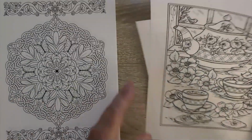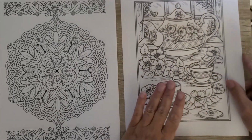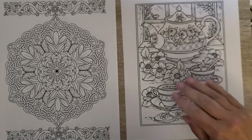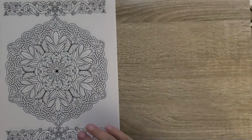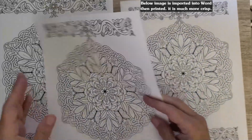I have printed these all on copy paper more for doing this video than anything, but I also like to have samples for folks who want to do some coloring in the coloring group, that they can see these and let me know what they want, what I can print for them. Okay, so the next thing I have discovered is,